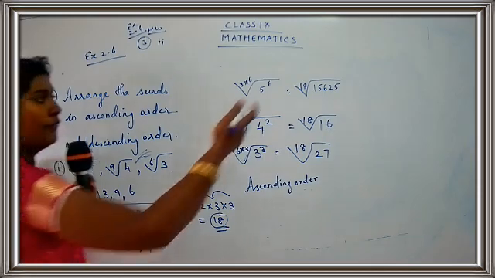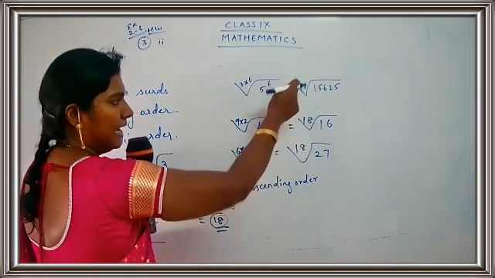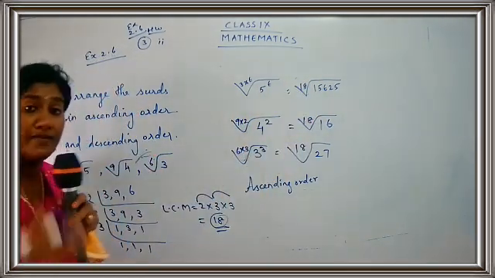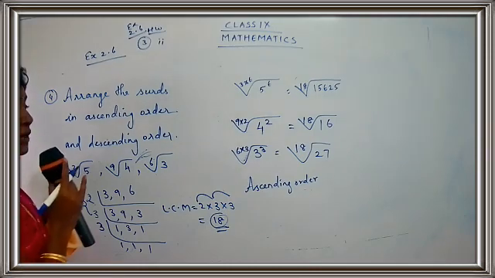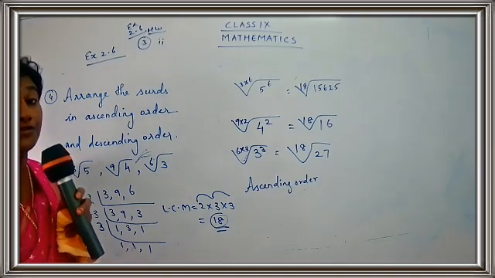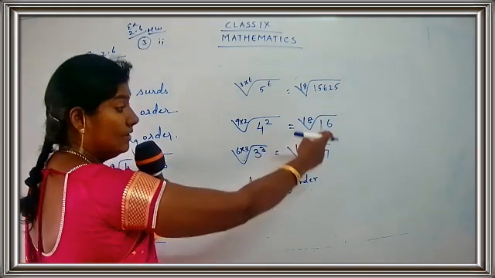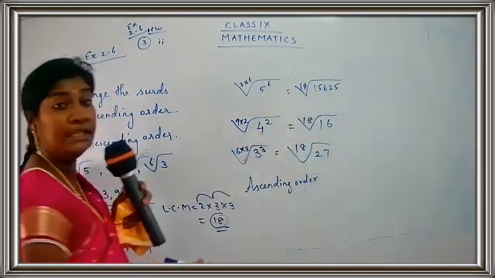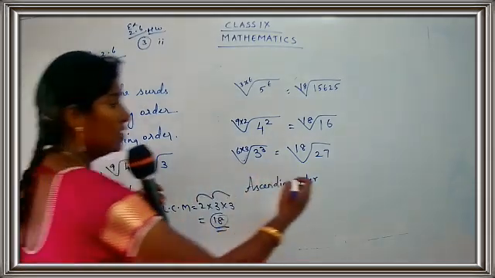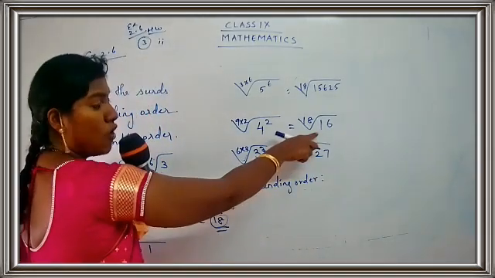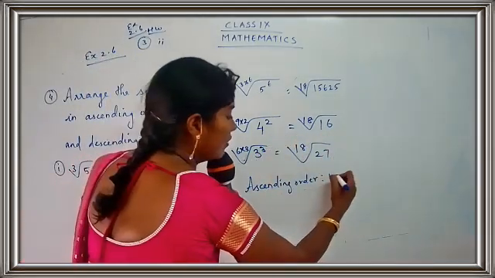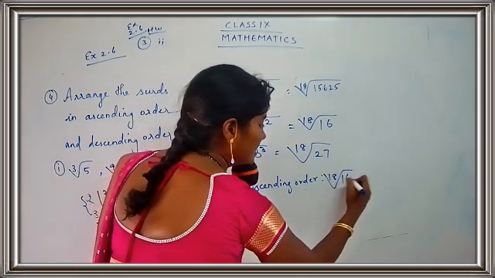So here, now we have all the root index same, 18, 18, 18. So this is very, very easy for arranging the surds. Which is the smallest radicand over here? So focus on the radicand. What is the radicand here? 16, 27 and 15,625. So let's write down the order. The smallest number is 16. I'll write down here 18th root of 16.